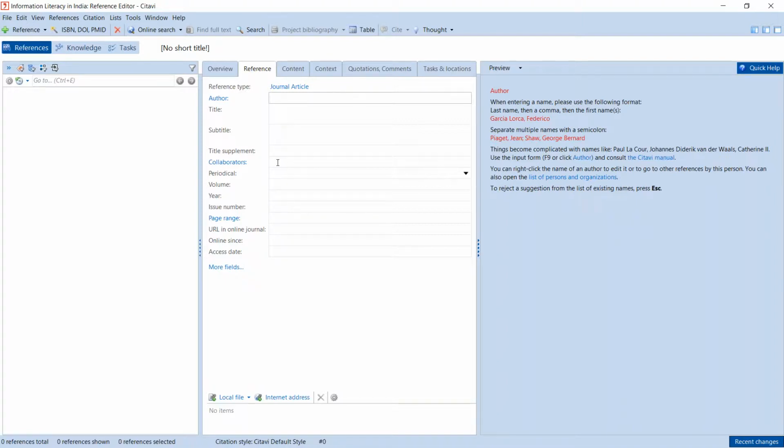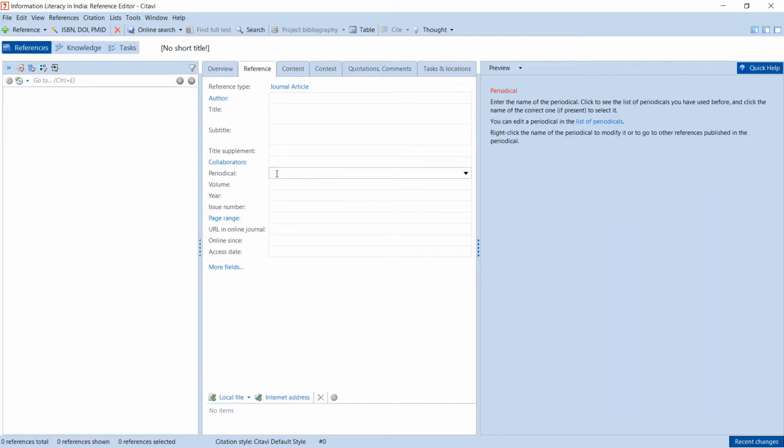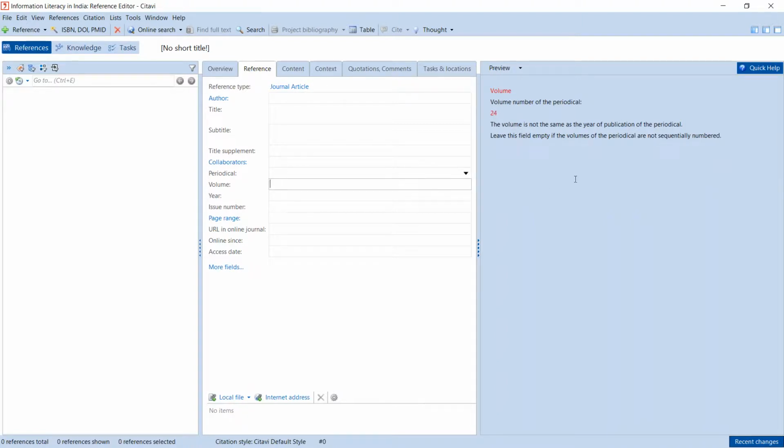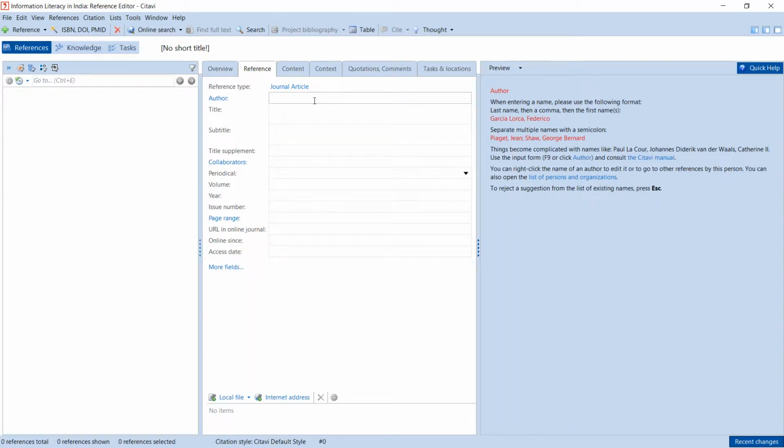If I click into a different field, such as periodical, it will say what that is, or the volume number, and usually there's an example as well. So this really guides students as they're entering information on their sources. So if you're adding an item by hand, you would go through and just enter the information in all these fields. But a lot of times, if you have books and journal articles already, you can import that information automatically